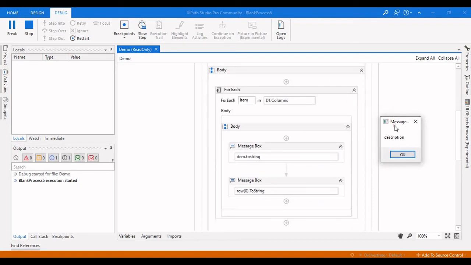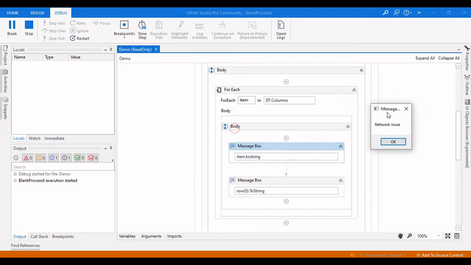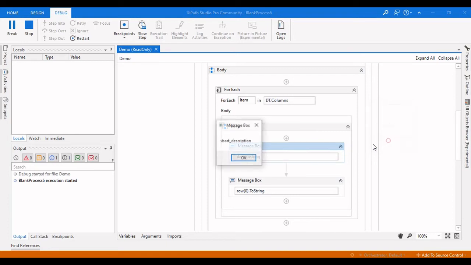You can see the first column name here is the description from this message box, which is item dt.column names from the description, and then we are taking the row of 0, which is network issue, and then the other column name would be short description. Because it is row of 0, it is showing only the network issue and the hardware issue, and it is done.